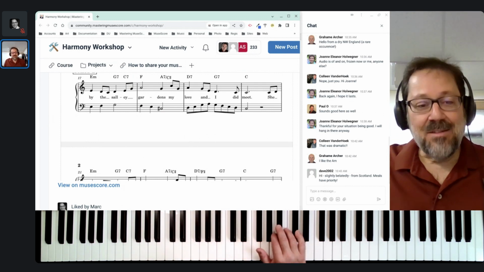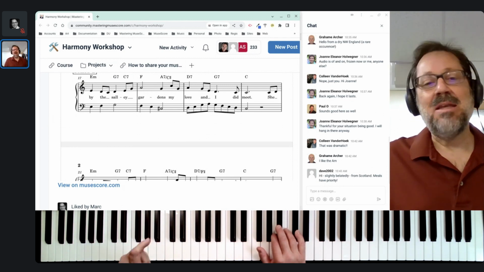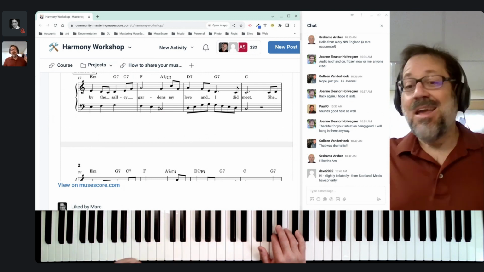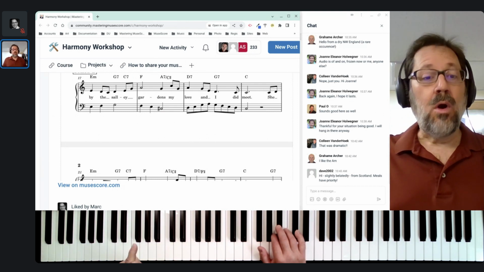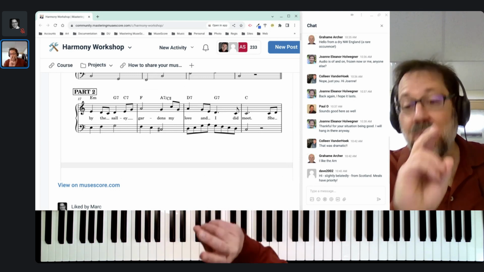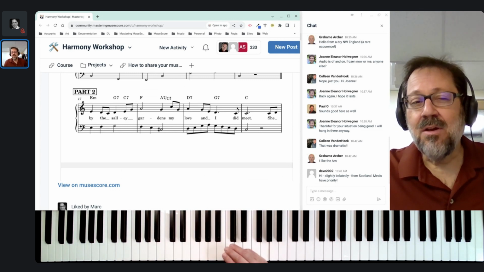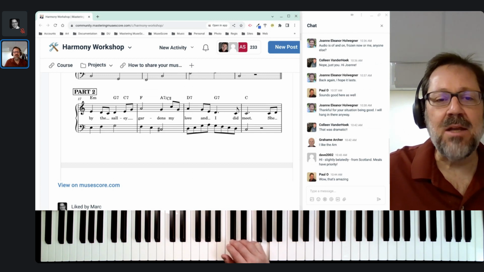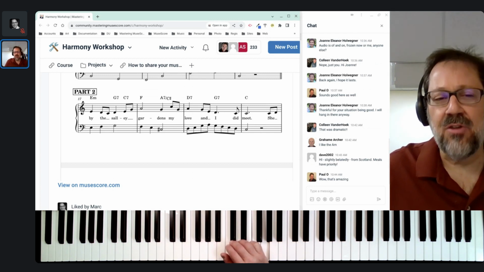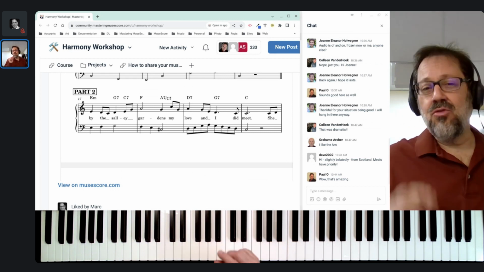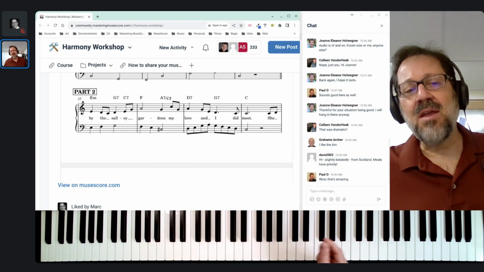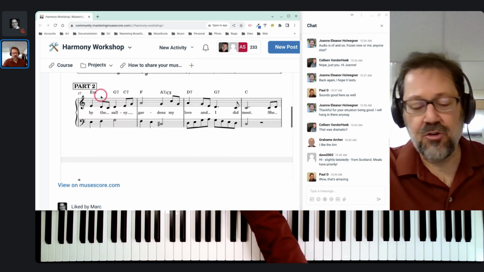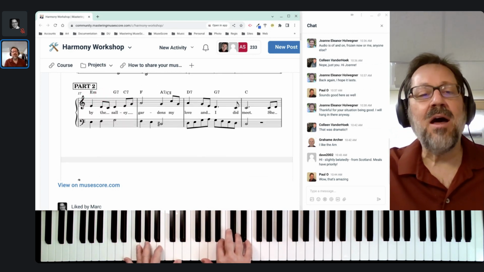And so this is a point that I can't believe I haven't made yet, but you're going to hear it again. It's not either or. We're going to see that melody 3 times in this piece. So you don't have to decide once and for all, I like G7 better than G minor 7, or vice versa, right? You can choose to do it one way one time and another way the next time. So what I might do here is start with the simpler version, the more diatonic version.